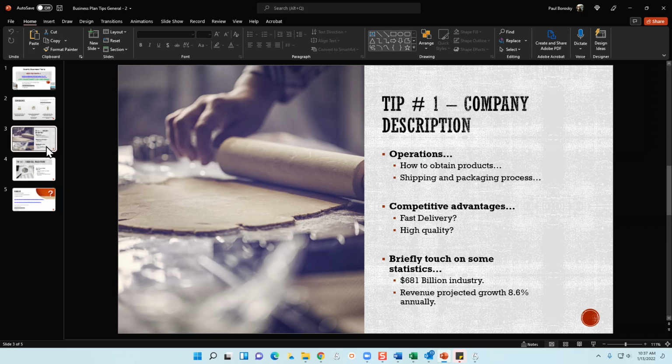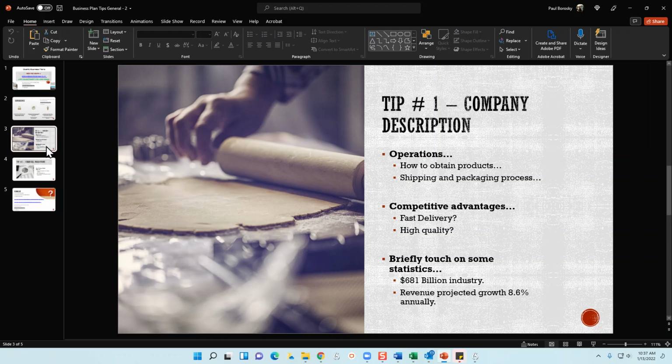So when you're doing e-commerce, because it's so broad, or even better, if you're a retail shop and you want to start selling your products online as well, you're going to have a third different model as compared to the other two examples. There are a lot of different ways you can structure your business models and operations to exploit opportunities in e-commerce. But the commonality for all of them is you need to explain that information in your company description. So make sure you touch on the important information, your name, your location, what you're doing, how you do it, but also touch on your operations as well.